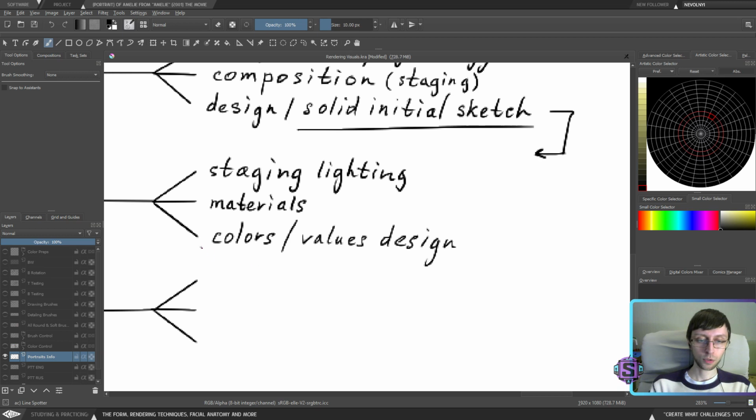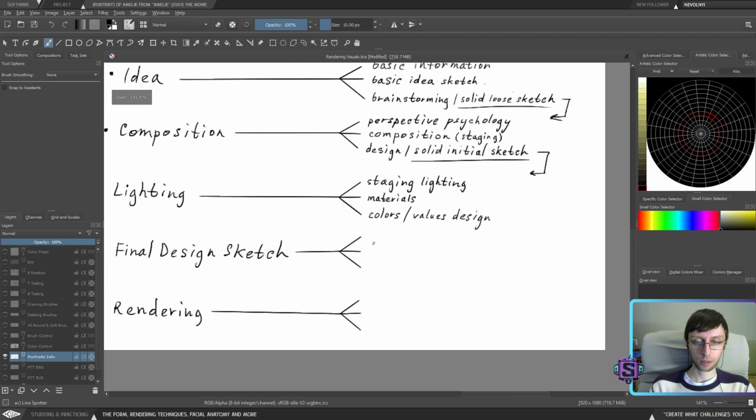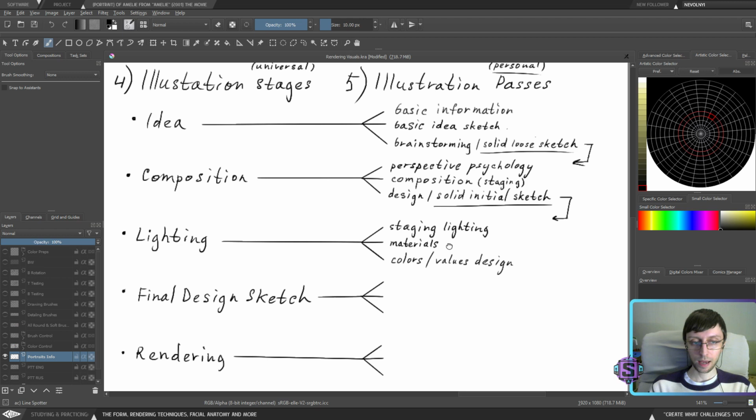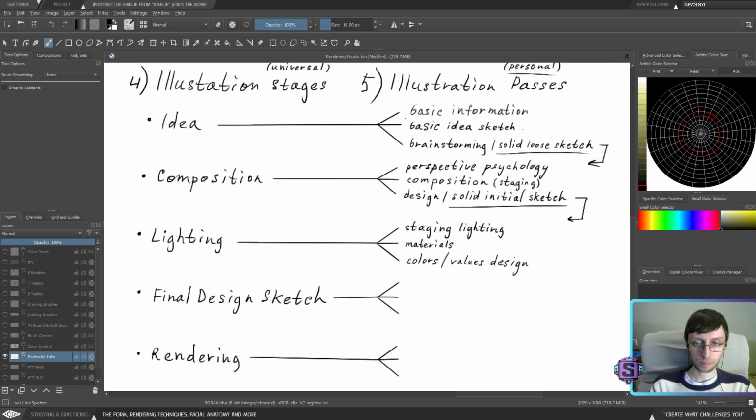It all depends, like do you work with colors first, right from the beginning, or do you work with values and then apply colors later? I personally decided that in order to achieve a deep color harmony, we need to start working on colors as early as possible.